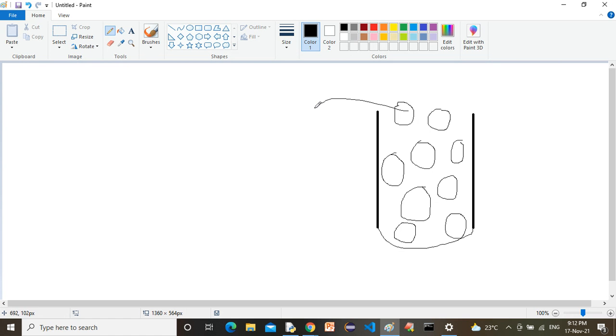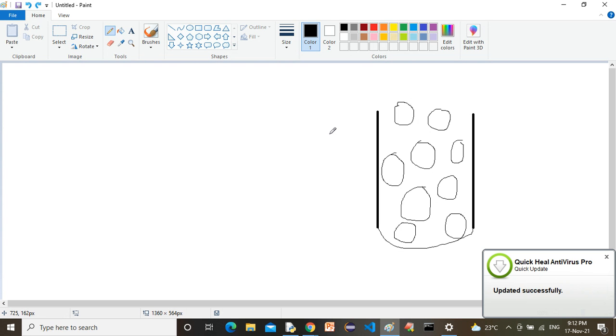So first of all, we have to fetch this rasgulla. Then what? This one. Then what? This one, and like that in a sequence. In a sequence we have to fetch. In a sequence, listen to the word carefully. Sequence. I'm talking about what? Sequence. So the same thing we have in for loop.